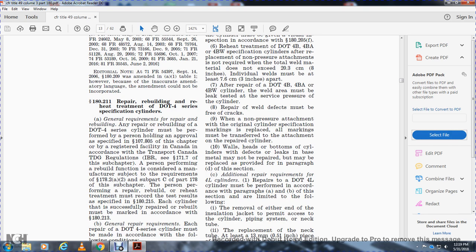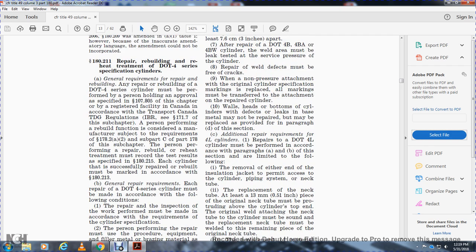Repair of the 4L cylinders must be performed in accordance with paragraphs A and B of the section. They're limited to the following: 1. The removal of either end of the insulation jacket to permit access to the cylinder piping system with the neck tube. 2. The replacement of the neck of the tube with at least 0.51 inches replaced with the original